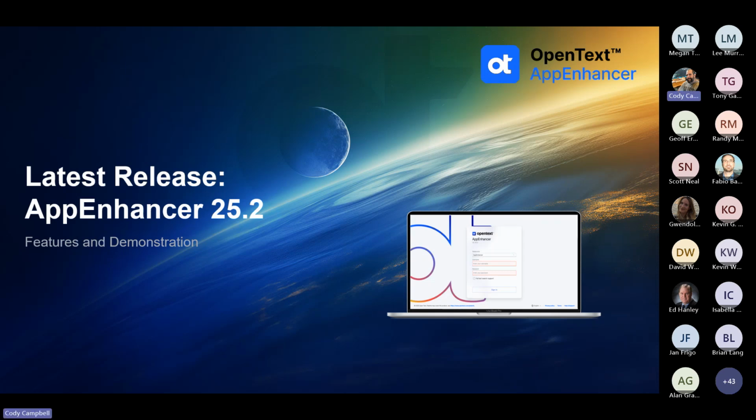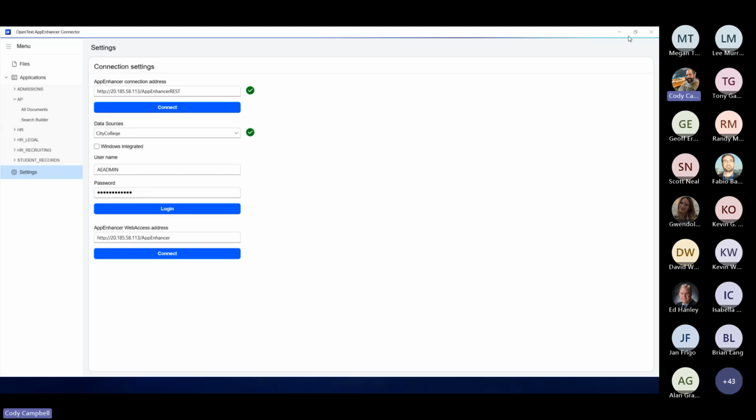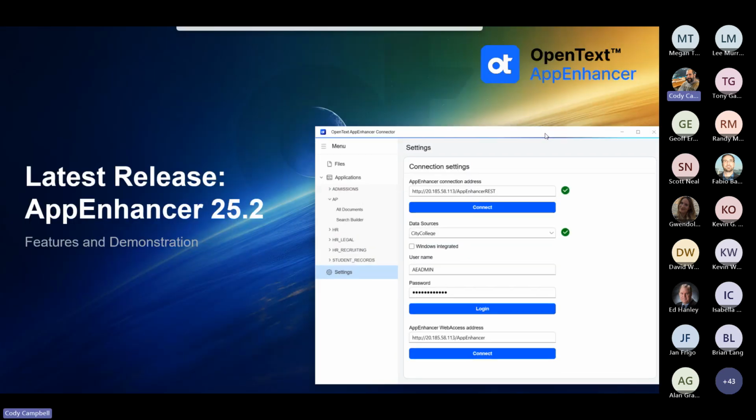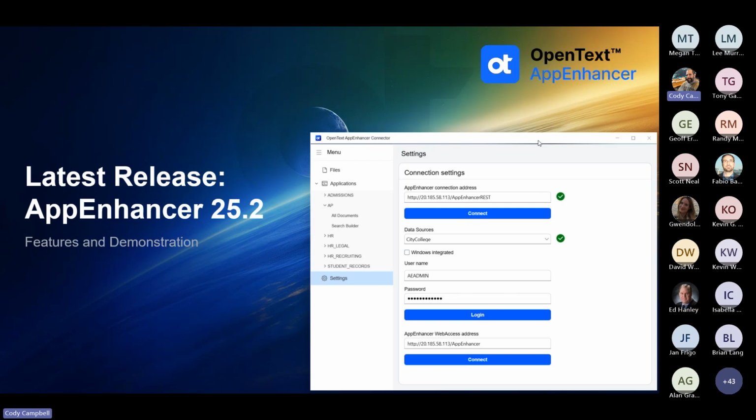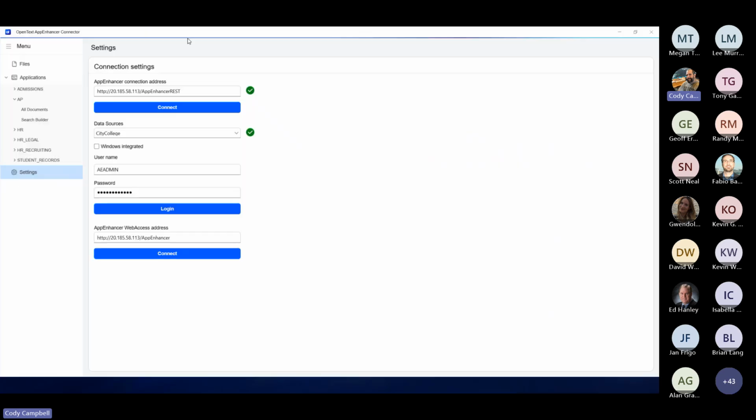And it's in my system tray over here, so I'm just going to pop it open. And now here's our configuration screen for the connector. The connector runs in the system tray at all times, unless you quit the application. But it's a single install, and it runs in your system tray. And basically, as you minimize, it'll stay down there, or you can open it up and you can configure it. So it's configured,